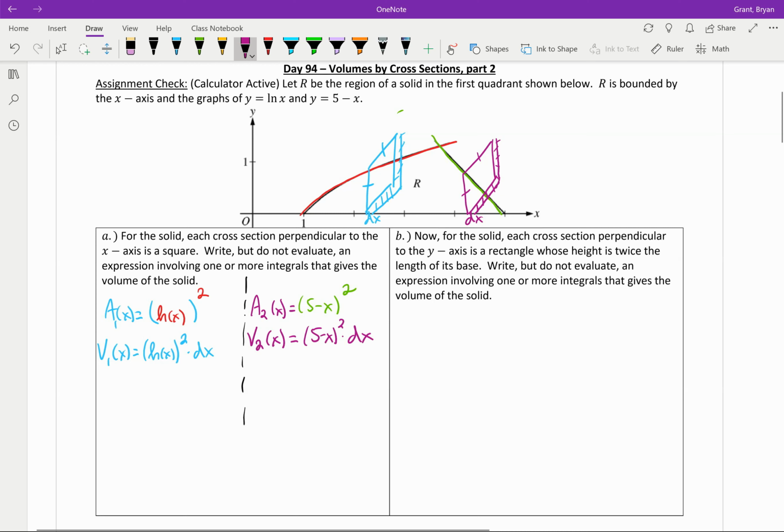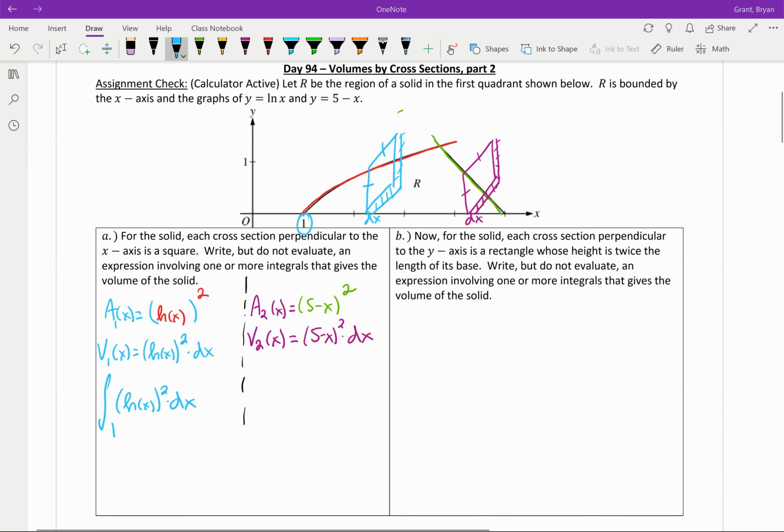But then we need to remember that we have a lot of these squares, right? There's going to be another square over here and another one over here, and they're all going to get added up together. We need to add up all of these different volumes. So to add them up, we need to involve our integral. We're going to integrate here the three-dimensional rectangle, but then we need to sum it up. So where x is all the way through, we're starting at 1, and we're going over to, oh, what